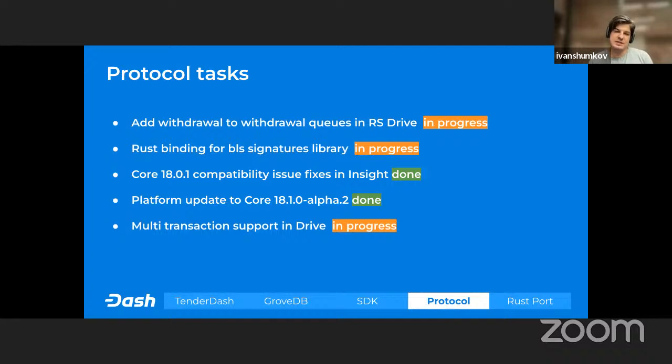That part is done, but we also compile our Rust components to WASM in order to replace JavaScript components. Specifically, I'm talking about DPP. So right now we're working on a WASM version of DPP, and Anton will talk about this in detail.